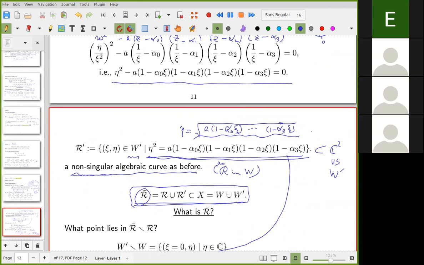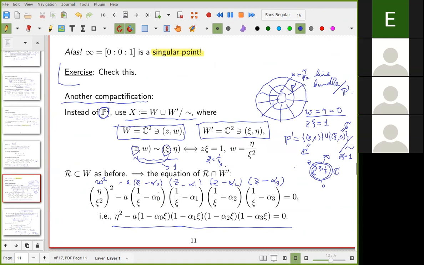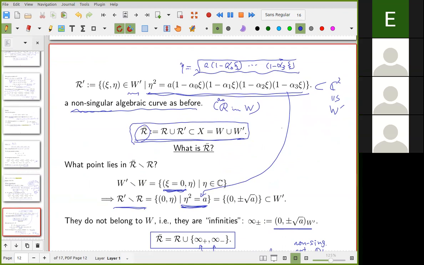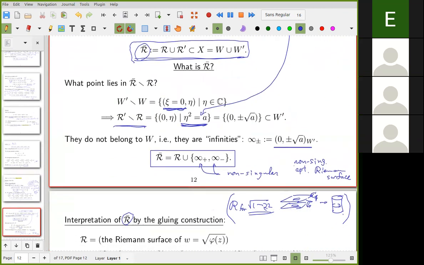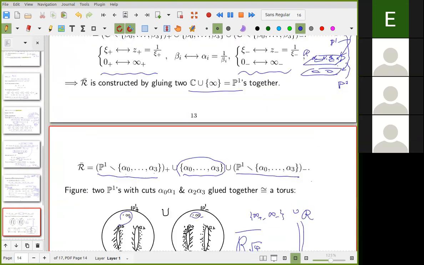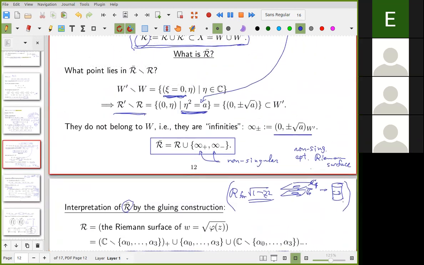In that case, we have a degree 3 polynomial, so this factor is absent. And we can obtain actually the same Riemann surface,